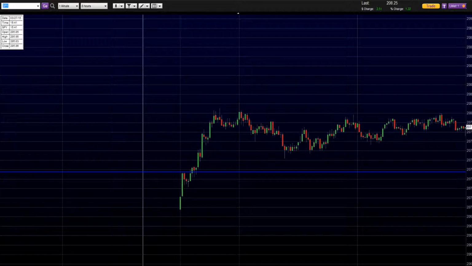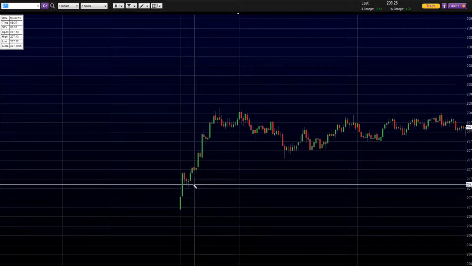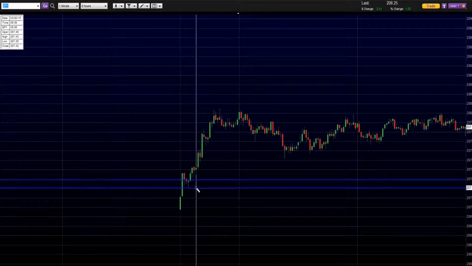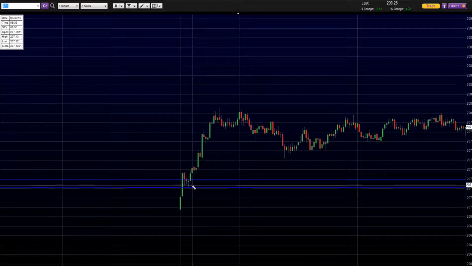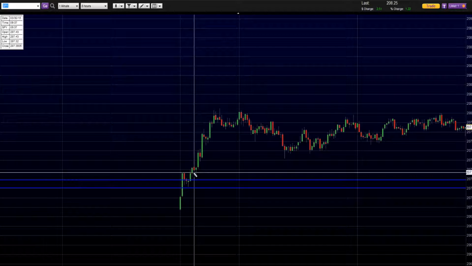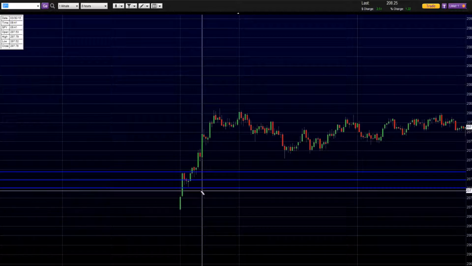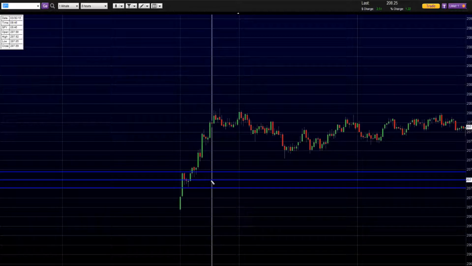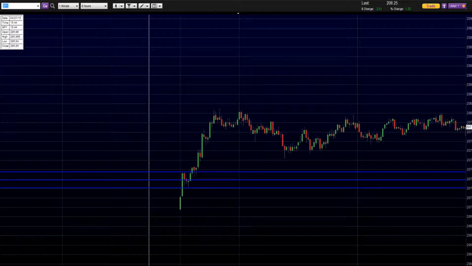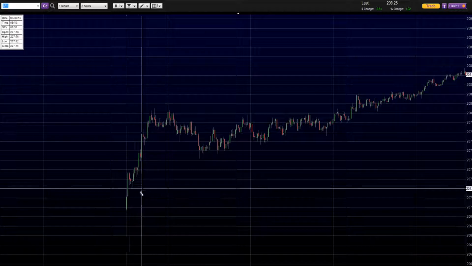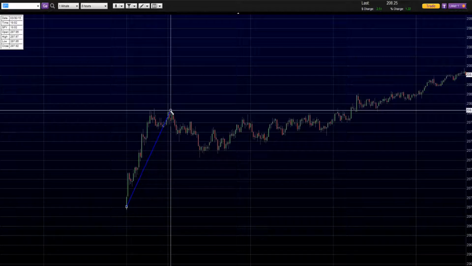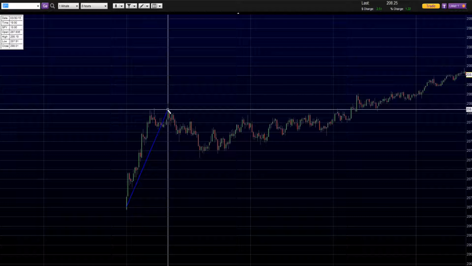On the other hand, if you do it this way and you buy down here, you've mitigated your risk. However, there's no guarantee that it won't reject off of this candle again. So it just depends on the style of trading you want to do, but that's two different entry methods you could take. But let's say we missed that entry, so we're waiting for a pullback from here, and it pulls